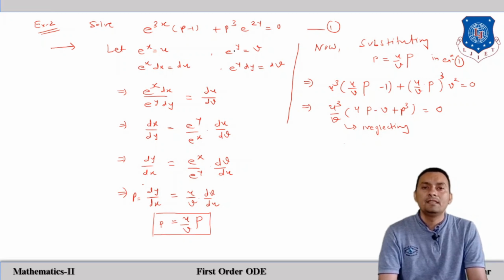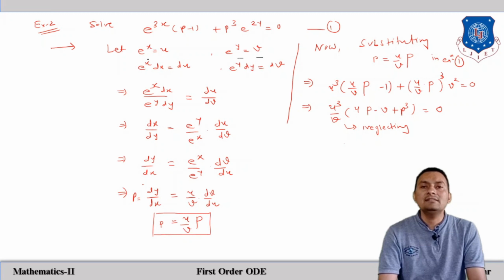It is clear. But we have to convert this equation into the simplest form. But how can we? So let us start with e raised to x equal to u, and e raised to y equal to v. Whenever I take the power 3 on both sides, what I will get is u cube. Whenever it is required, we will use it, but right now it is not needed.